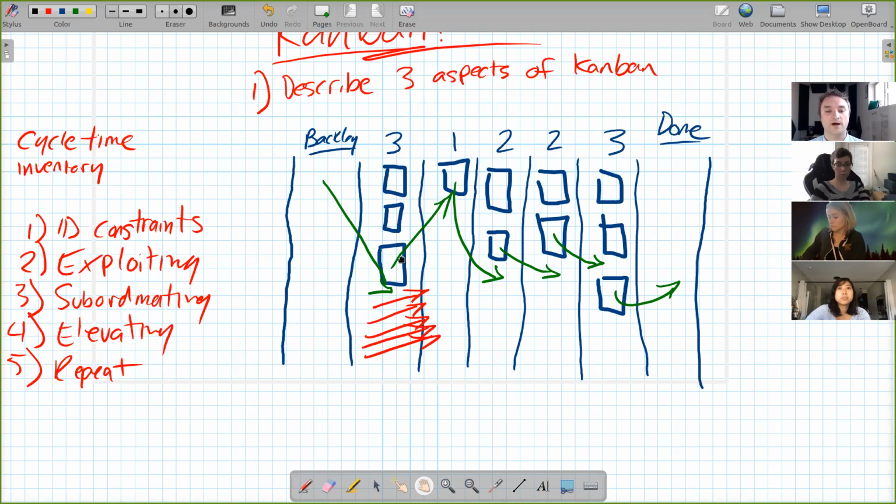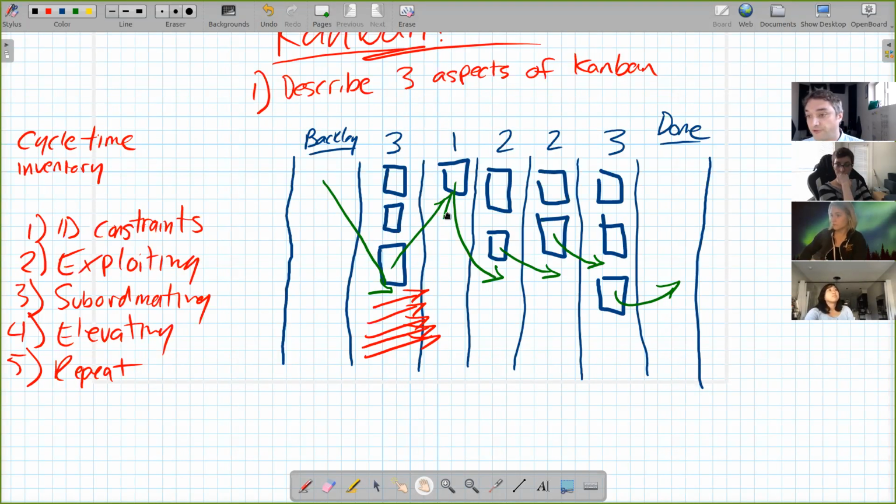So instead of this team pushing work onto this team as quickly as they can, they might not have anything to do. That's fine. We wait for this one to move on before we produce more work. And what that might mean is that, all right, sounds like we've got to work on making this process more efficient. It might be some of the people who work on this step of the process need to help out over here. But we're not throwing work at a part of the process that doesn't have capacity to handle it.